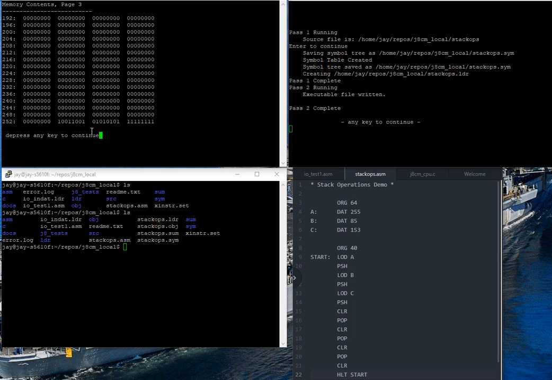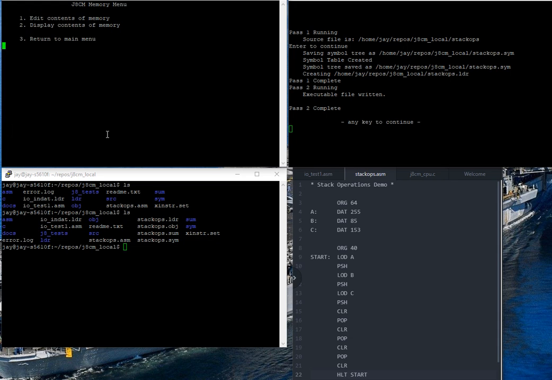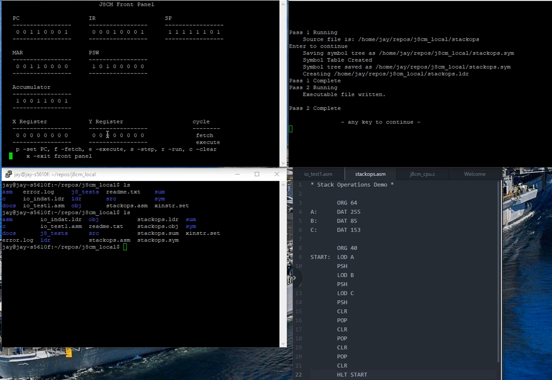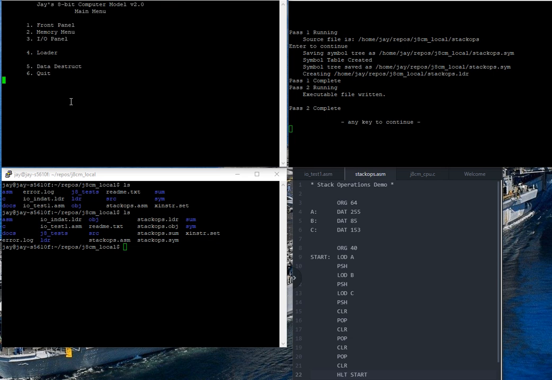Now we're going to go back and we're going to pop the stack, and it'll start with the last in is going to be first out. So let's go back, front panel. Our next instruction will clear the accumulator, and then here we've popped the contents. You can see the stack pointer is incremented now, and the accumulator now has that bit pattern from the top of the stack. So if I go back and look at memory,